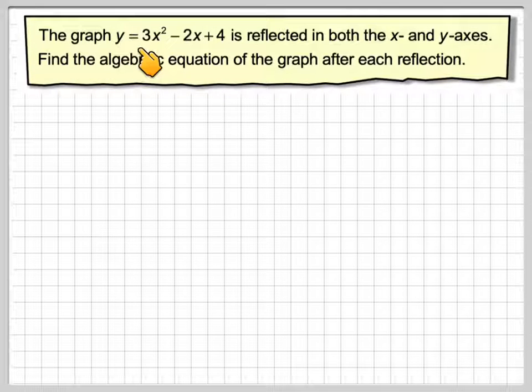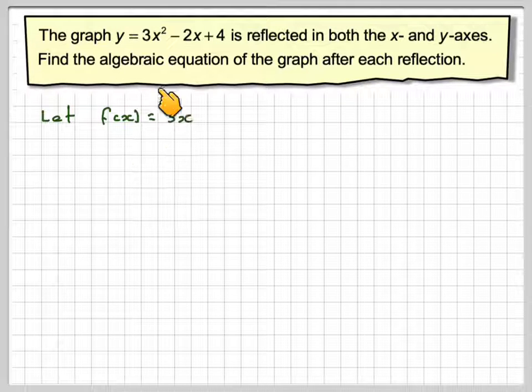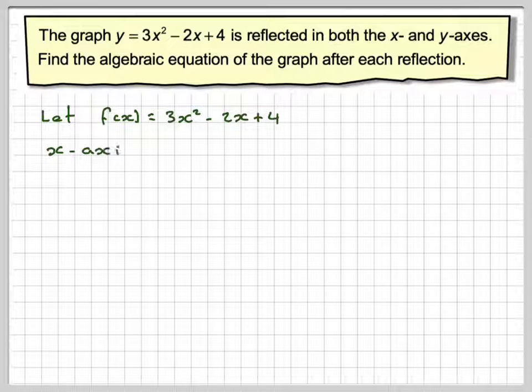The graph of y is equal to 3x squared minus 2x plus 4 is reflected in both the x and y axes. Find the algebraic equation of the graph after each reflection. So if we let f of x be equal to 3x squared minus 2x plus 4, and that's considered the